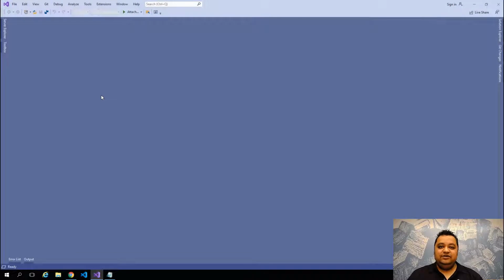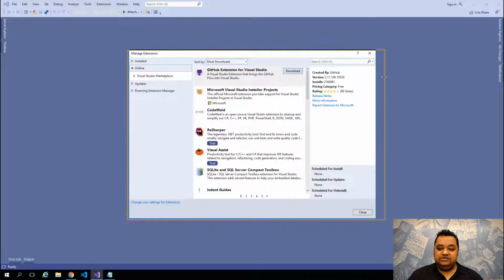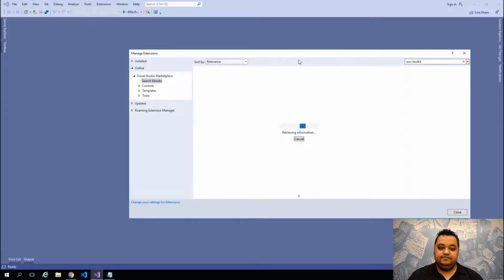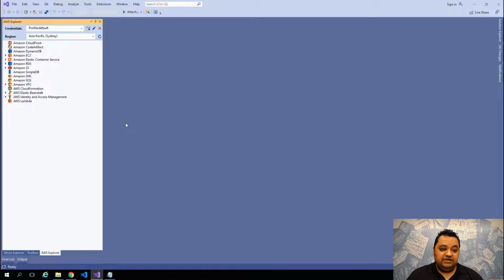To install the AWS Toolkit extension, let's open up Visual Studio 2019. Then if we navigate to Extensions and Manage Extensions, we can search for the AWS Toolkit. Let me expand this window out a little bit, and in the search bar, type in AWS Toolkit. Okay, we can see there's the AWS Toolkit for Visual Studio 2017 and 2019. That's the one we want. Let's hit download. So cool, that's worked correctly. And what you'll see on the left-hand menu here is a series of AWS services that we can interact with directly